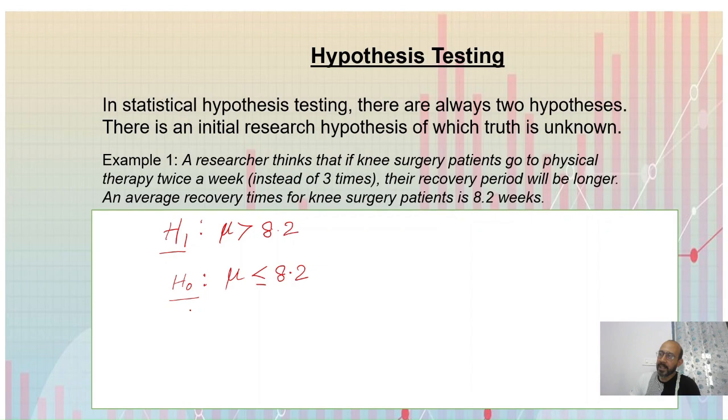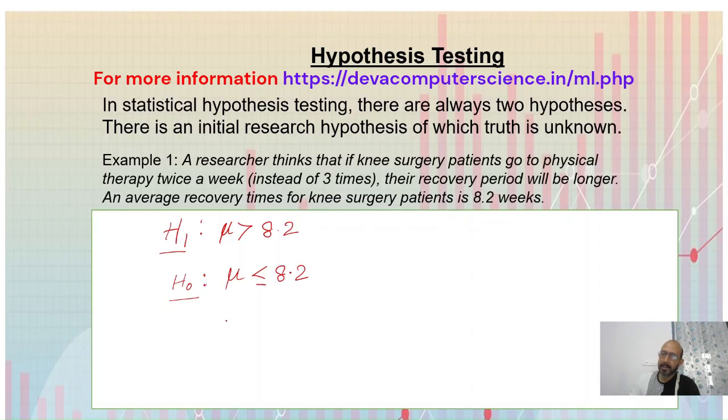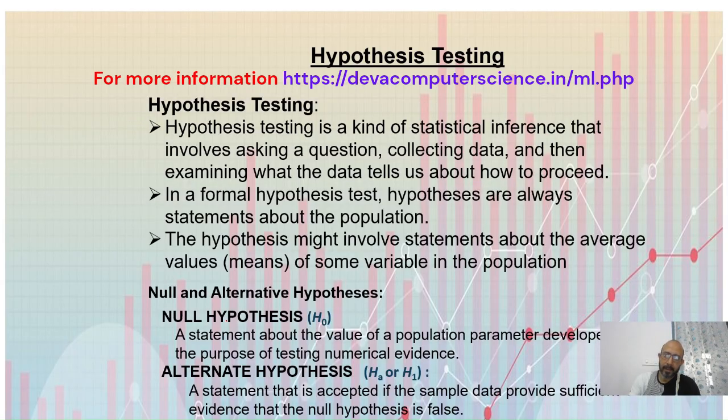The null hypothesis states that the average recovery time is less than or equal to 8.2. Now, to prove our research hypothesis, we have to disprove the null hypothesis. So, null hypothesis, a statement